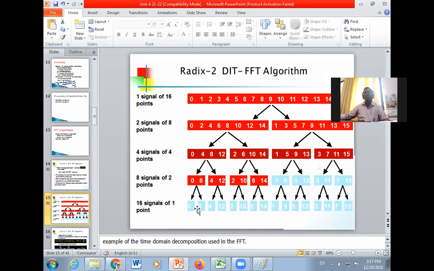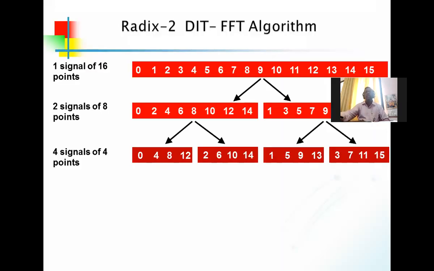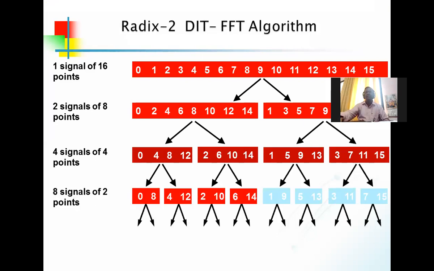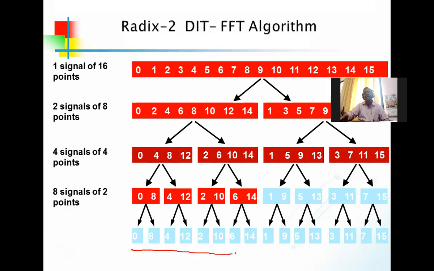If it is for 16 point, the first part you are seeing here, if you are looking at this part, all the first values are even numbers. तो ये जो पहले values है आपके, वो even numbers में आ जाएंगे यहाँ तक, right? उसके बाद odd numbers. So this is the way we are proceeding to calculate a DFT value with the help of the given equation x of n. This is how we are writing.